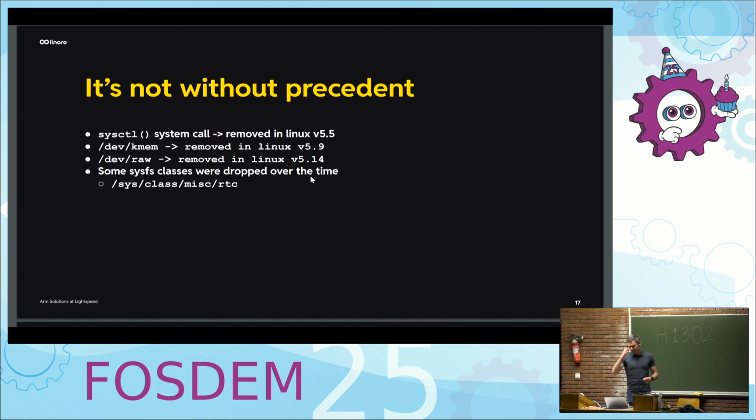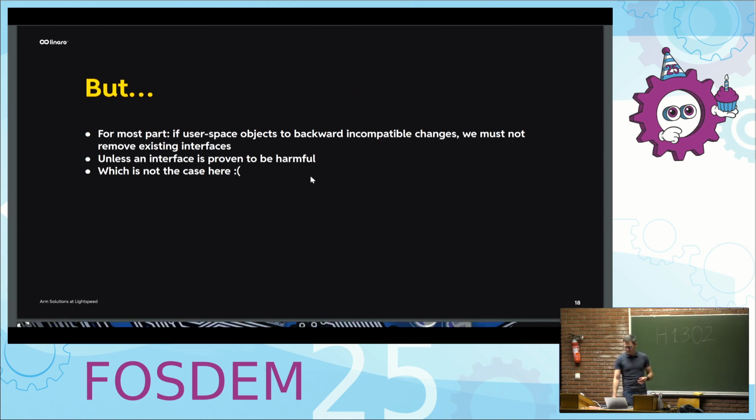There was /dev/kmem, which was a special device providing access to kernel memory. It also got removed. There was /dev/mem. Also some sysfs classes. There was an RTC class under class misc that was moved to class rtc and reworked. So it wouldn't be the first time that an interface from sysfs would be dropped.